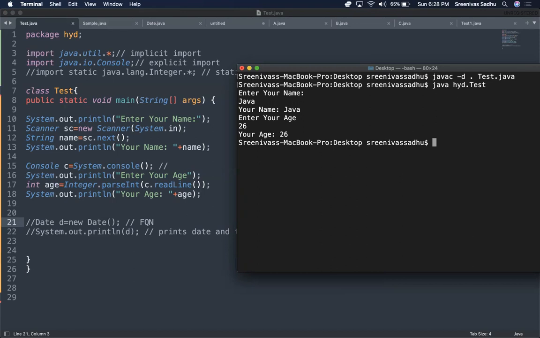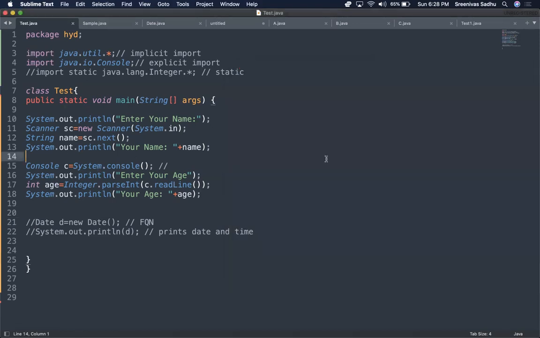However, I am going to come up with a new question on how to create your own packages, where I will explain very clearly how to compile and how to run. The point here is not that. The point here is to understand the static import. For example, in line number 17, I am using the parseInt method of the Integer class, and this Integer class is available in the java.lang package, right?